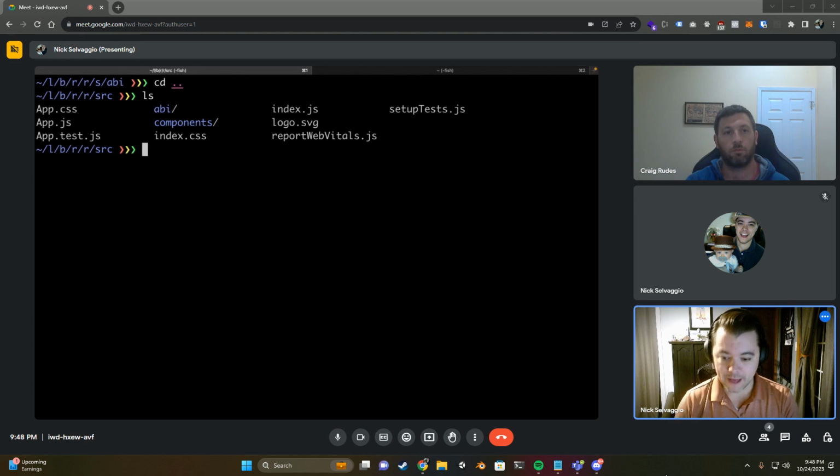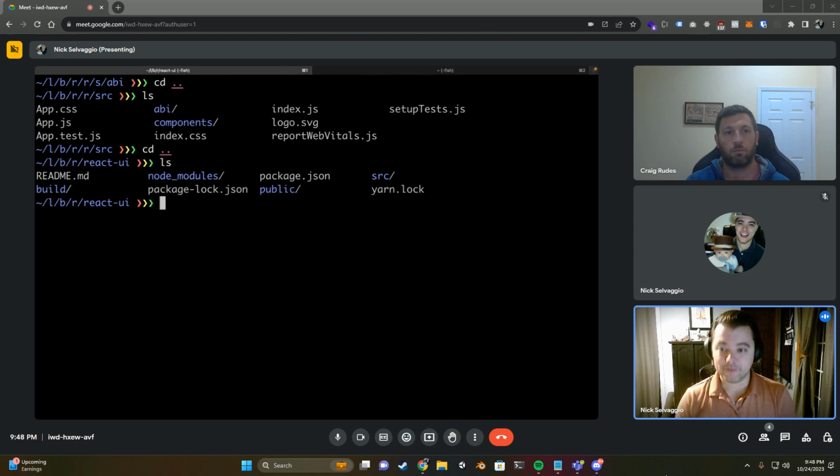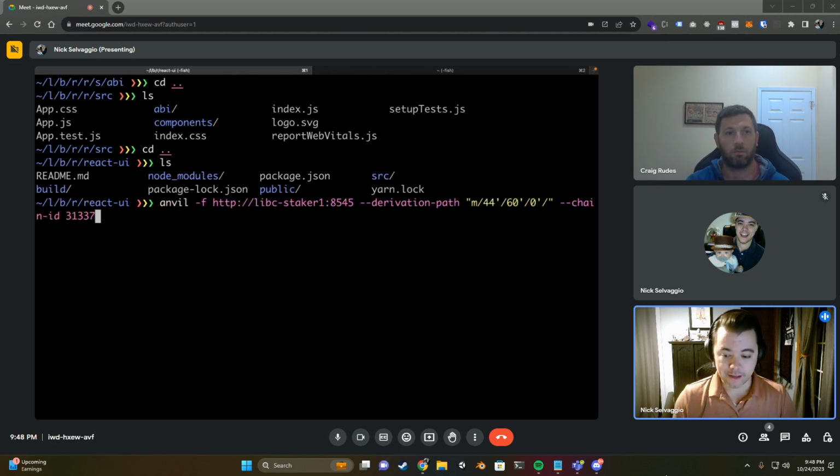So with that done, now we have the ABI that contains the Boolean value so that we can now develop against it. But we can't run this yet because we do need a couple of pieces of software running for us to be able to actually test this. We need a DevNet, so we want to run a local fork of mainnet on our local machine. To do that, we're going to use a program called Anvil, and this is in the documentation for Rocketsplit 2,